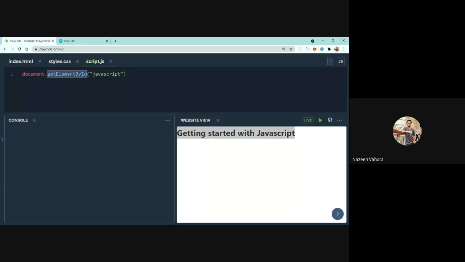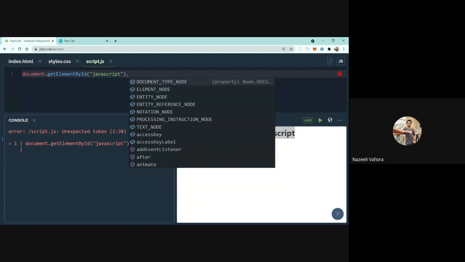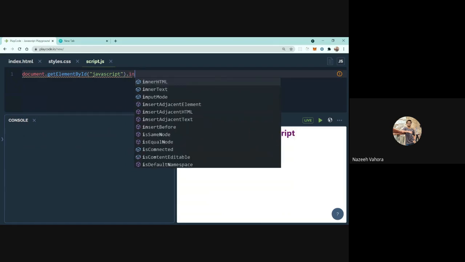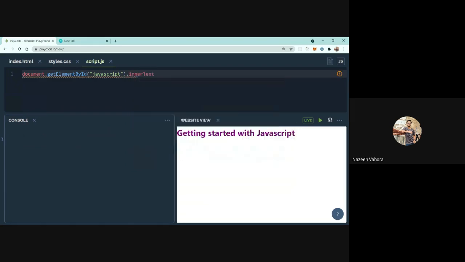Actually this will return me the whole div. And on that I will call another method, innerText equals, let's say, modified text. So you can see it is getting changed.